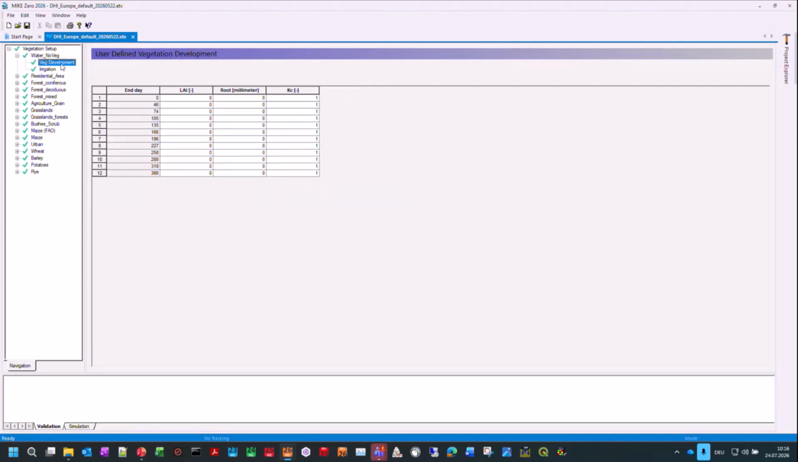And for each of them, you get a temporal distribution based on the calendar date of the year, and the distribution for the leaf area index and the root, and also a KC factor, which you can use to adjust the parameters further. Now, water and no vegetation, these are the transpiration relevant parameters. You don't have them. And if you go, for example, to forest, coniferous, you can actually see changing values. We have also included some of the irrigation